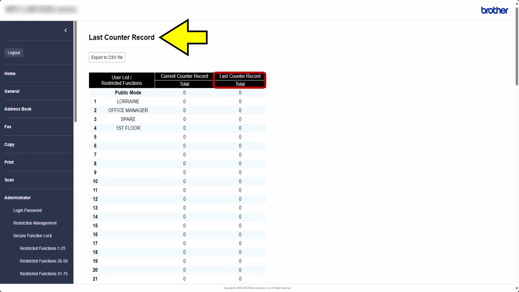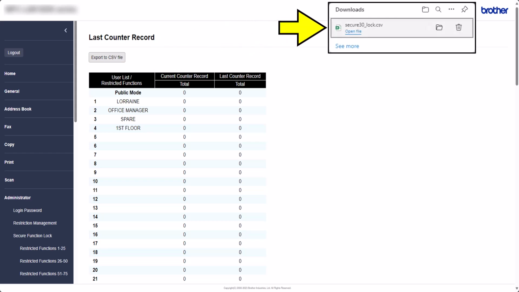Last counter shows the previous page count from the last reset. This data can be exported to a CSV file by selecting here. As a rule, this file will go into your Downloads folder.